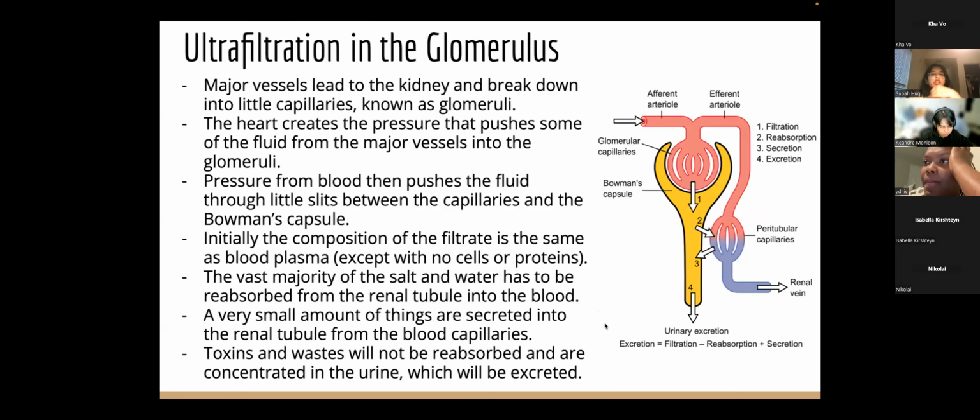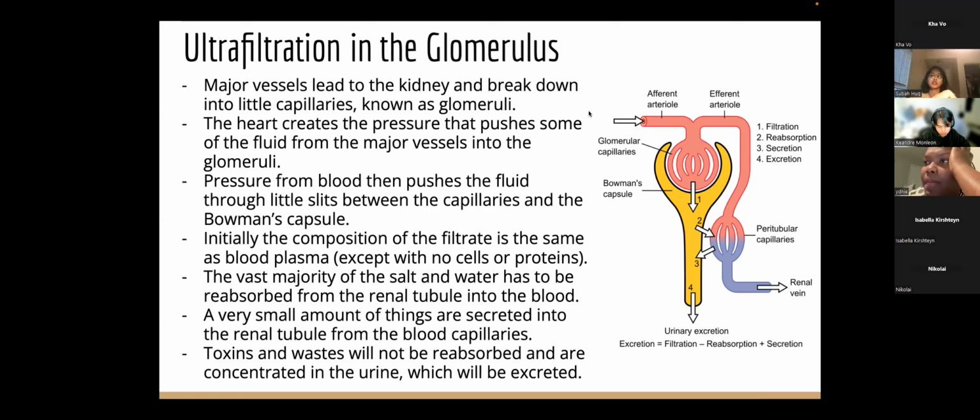Okay, so now we'll be talking about the ultrafiltration in the glomerulus. As we were saying before, the way urine is created is what we'll be going over right now, and it explains how your kidneys can affect your blood pressure and your ECF concentration. So basically, you have a bunch of major vessels, mostly your arterioles, that lead to the kidney,